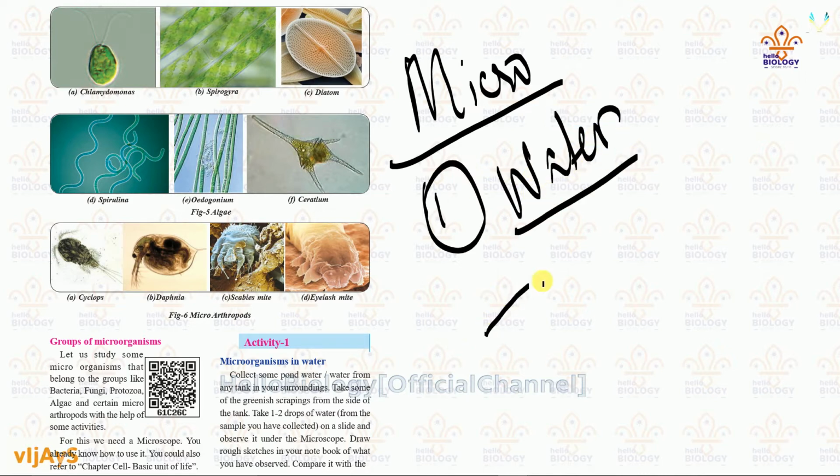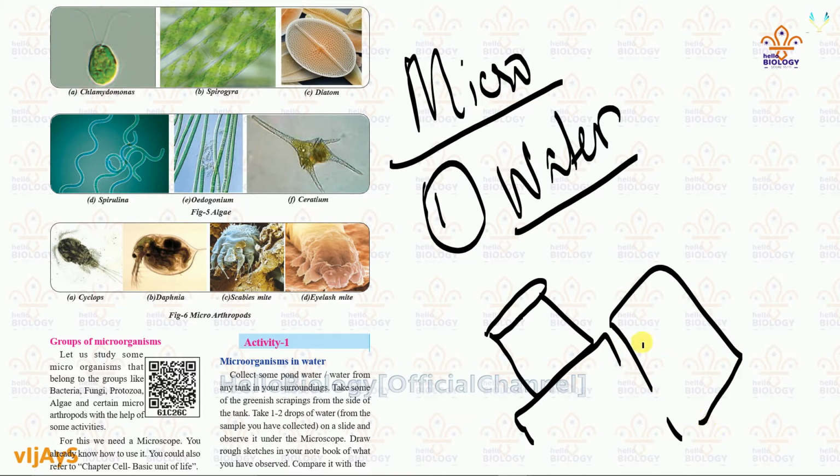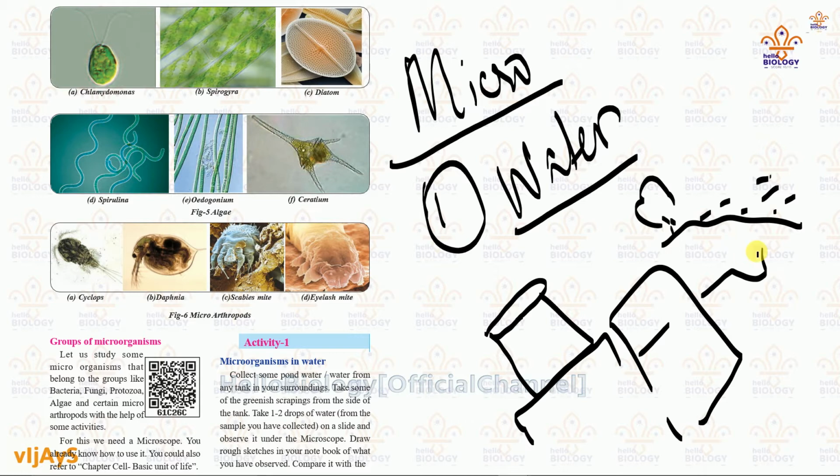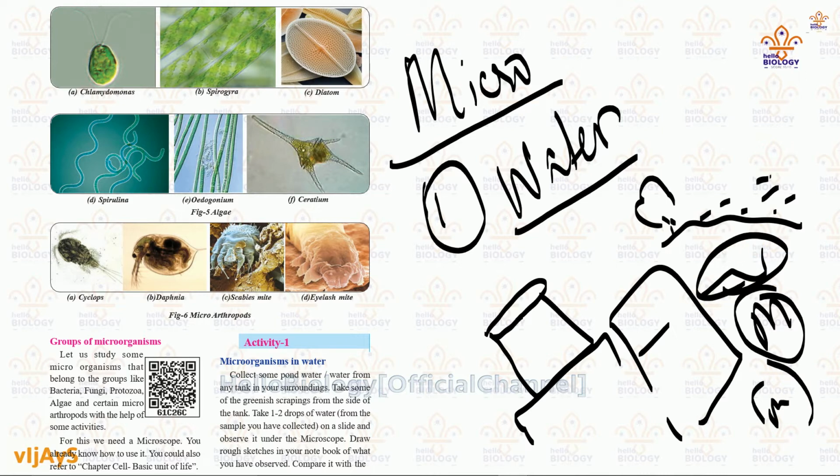You need to visit a small tank, an old tank on an apartment or building, or nearby a lake or small pond. You need to collect a little amount, for example 1 spoon of water. Understood? As we are doing a microscope experiment, a little amount of sample is enough to see maximum results. Understood?